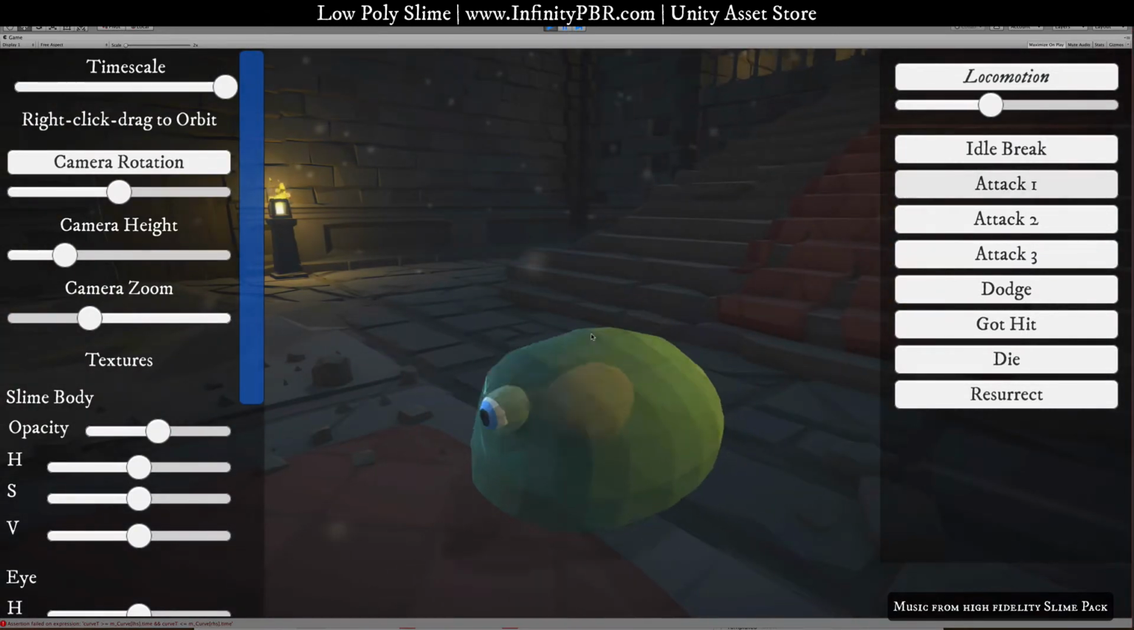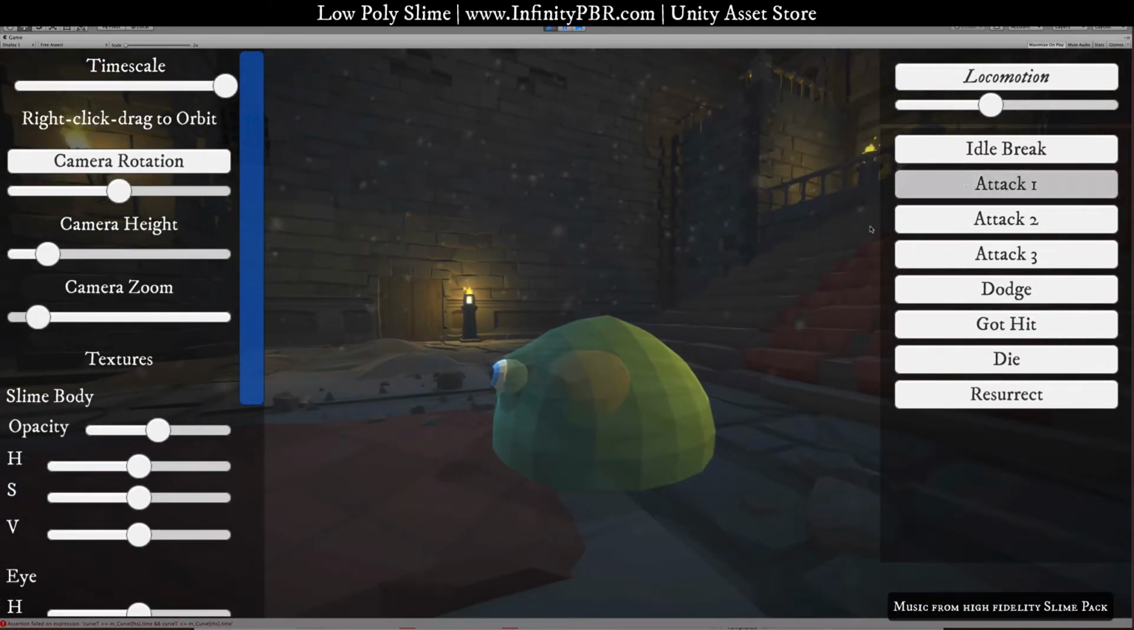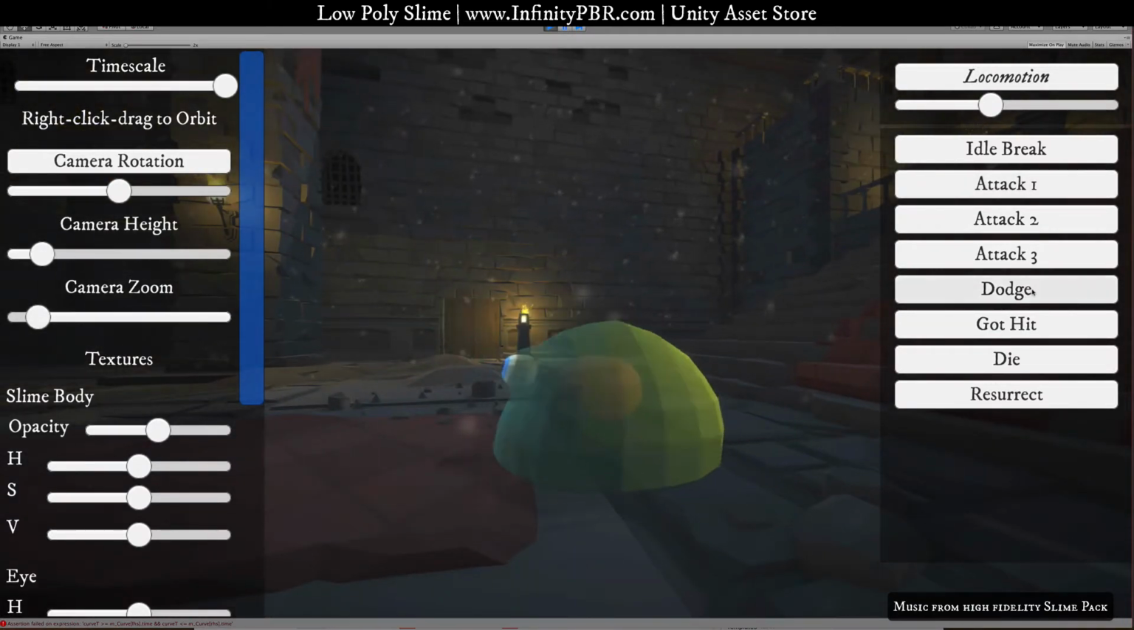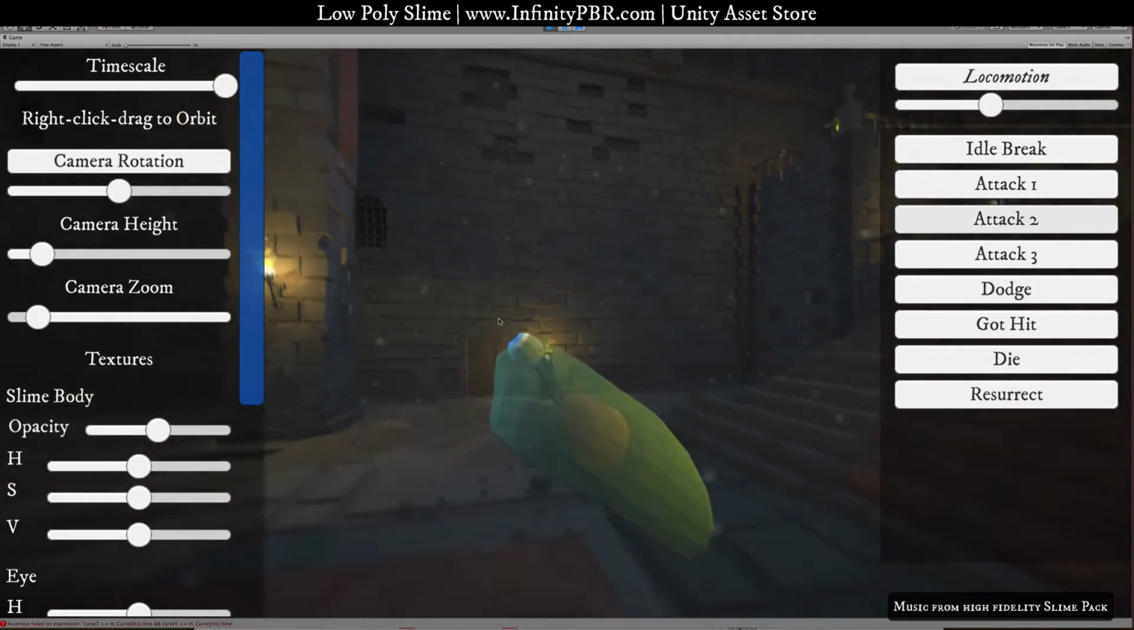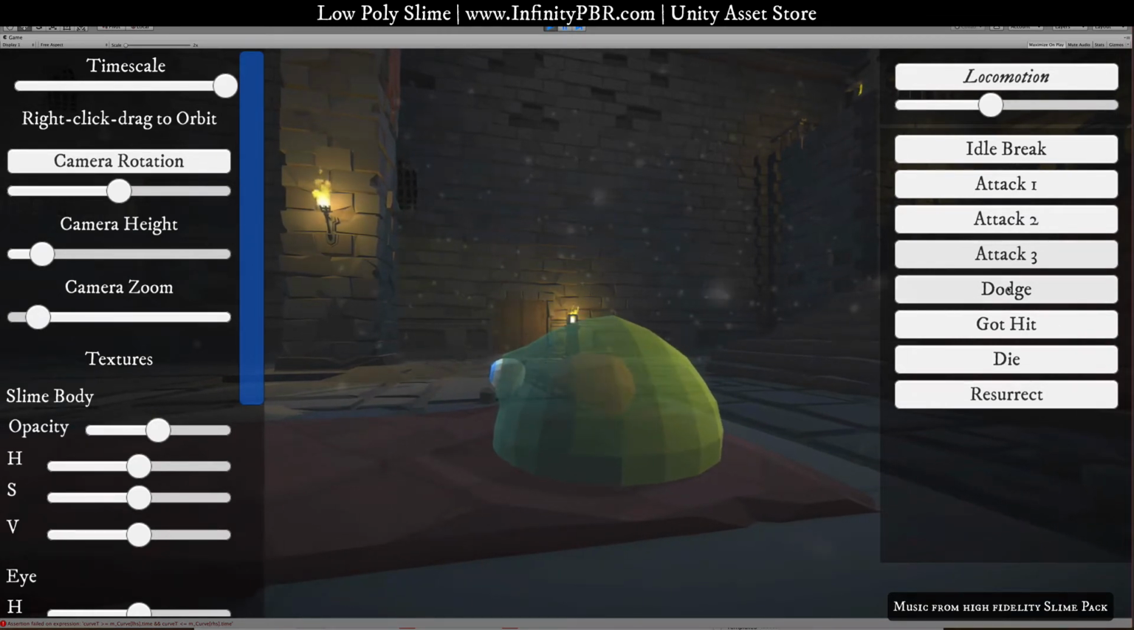And we have 3 attacks. This one is like a spike forward. If I zoom out a little bit, you can see that more. You can attack whoever's in front of him. It's a jump attack, where he lands on whoever's in front of him. And then this one would be great with some sort of low poly particle to spit forward or something like